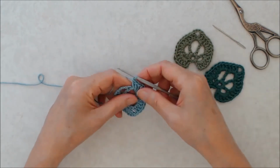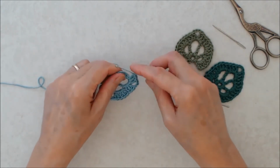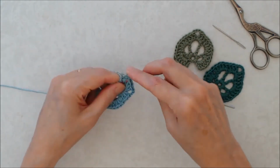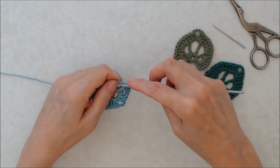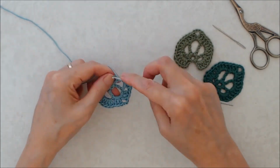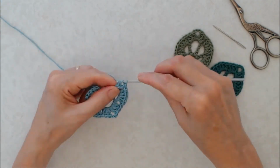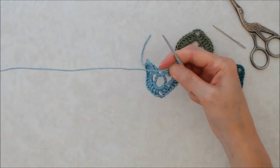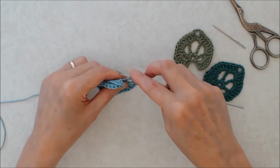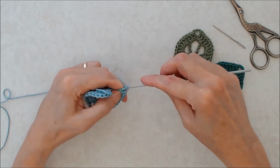And now I'm just going to do 5 double crochets into the next chain 4 space, and then 5 double crochets into the next chain 4 space to work your way down the other side of the leaf. And there's the last double crochet. Now you'll chain 3,